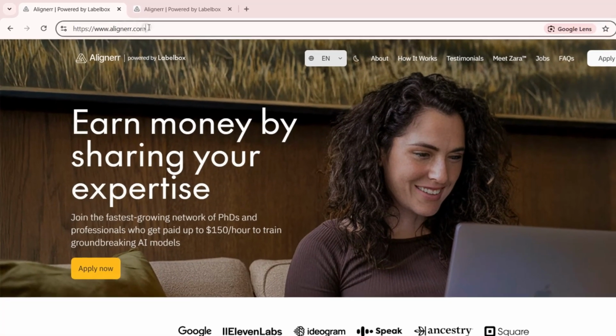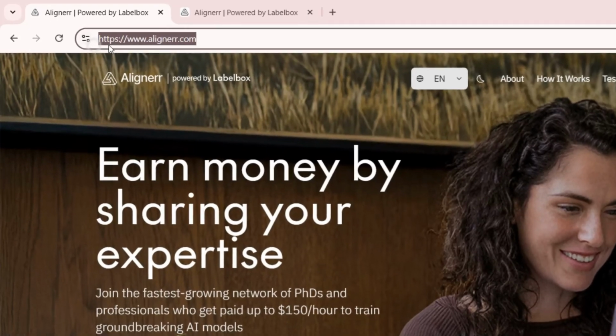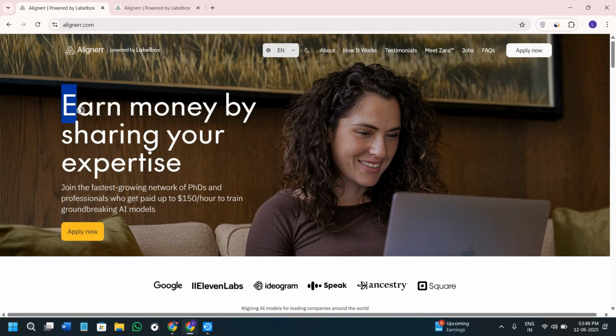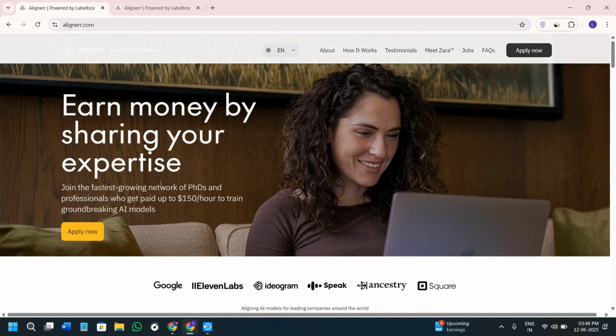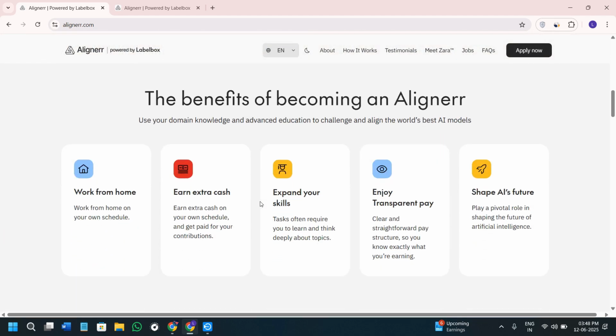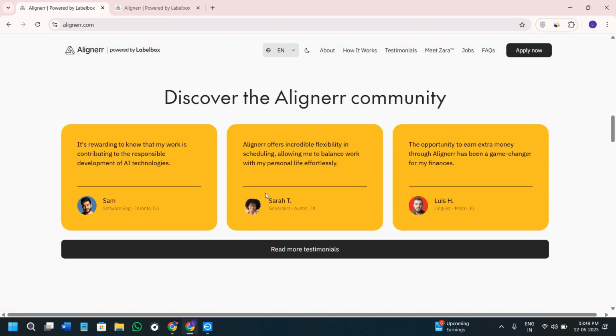So first of all, you will have to open your web browser and search for aligner.com. Now, once you are on this page, you will see this prompt in big letters that you can earn money by sharing your expertise. Over here, PhDs and professionals can get paid up to $150 per hour to train the groundbreaking AI models. Here you can just scroll down and take a look at what other things they are